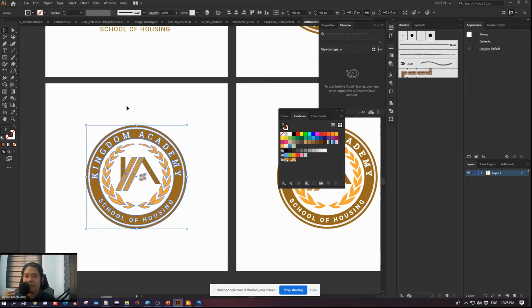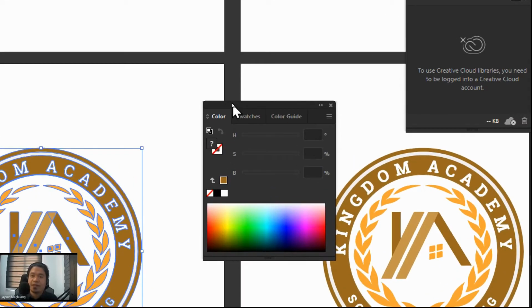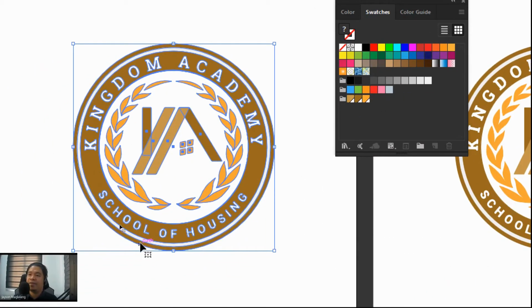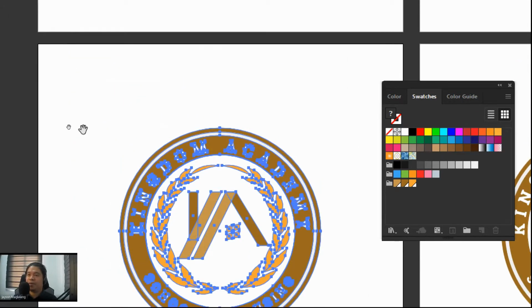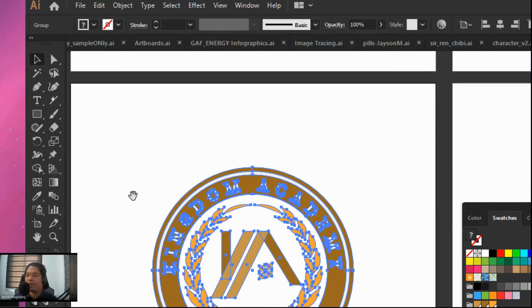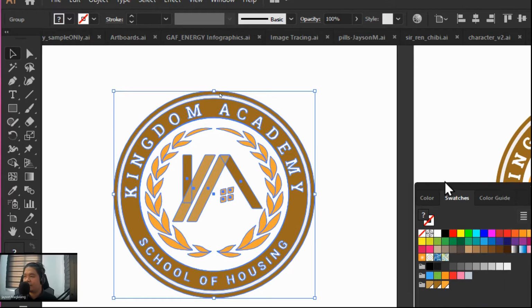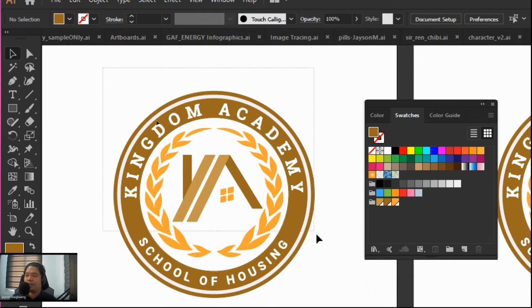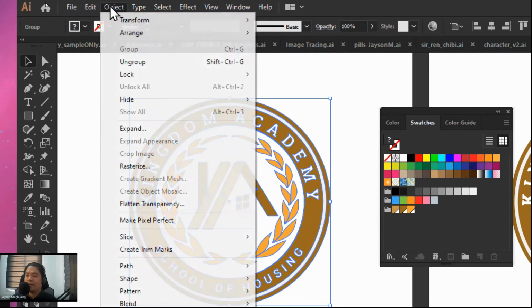Kanina kasi nag-group ako, so I can click yung mga different parts. Kaso minsan matagal yung ganong way. Depende dun sa project na meron ka. Kung masyado marami yung mga shapes, medyo matagal yung ganong way. Yung color and swatches, dito ka nag-select ng color. So, pero napaka-useful, di ba, nung paggamit ng color and swatches. Which is, ma-apply mo pa rin dito sa recoloring artwork. So, sa akin, select ko yan. Tapos object,